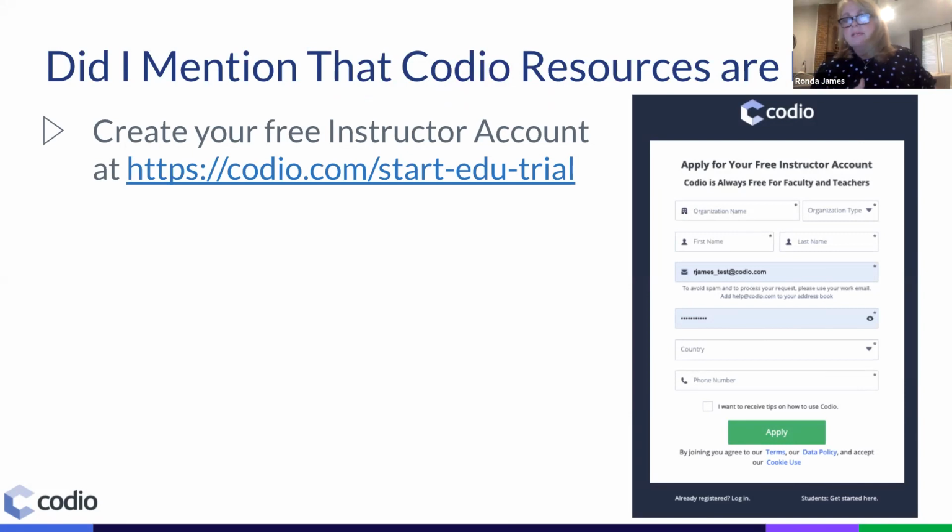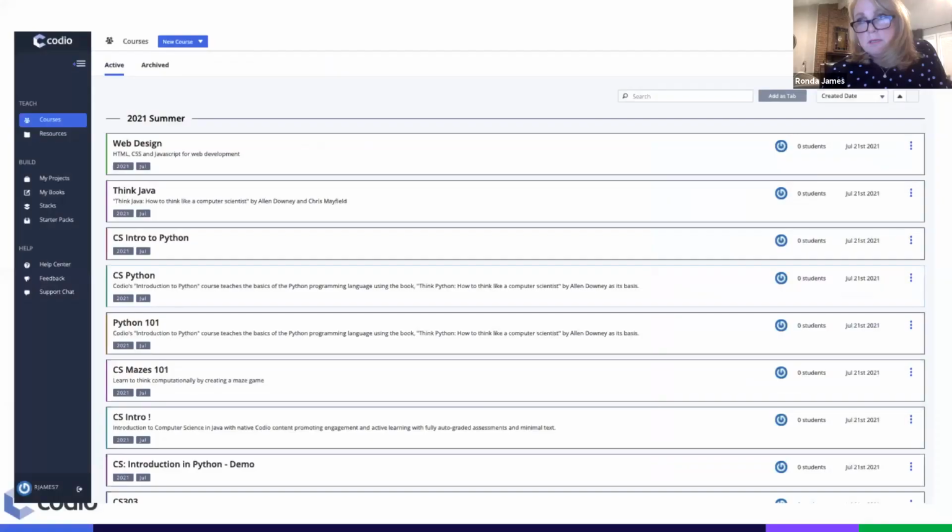What happens is we have our live, not 24/7, but almost 24/7, support center chatbot. People manning that look at the request and stamp an approval on it, because we want to make sure you're really a teacher, and then you're good to go. But that form will take you less than 30 seconds. I was going to walk you through that, but I think I'm going to skip that.